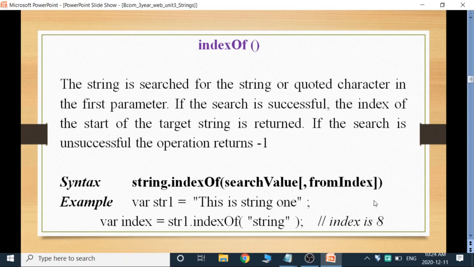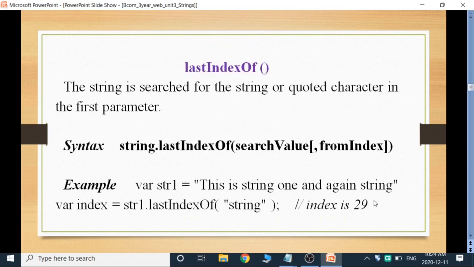What am I specifying here? Search value is string. So the index returns 8. This is about indexOf. And the next method is lastIndexOf.